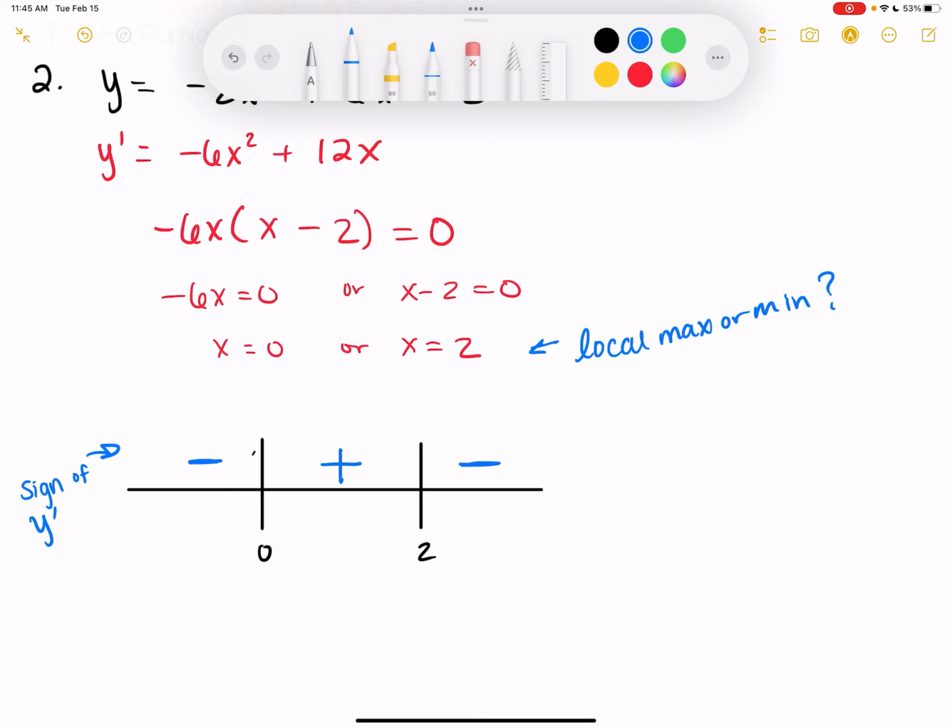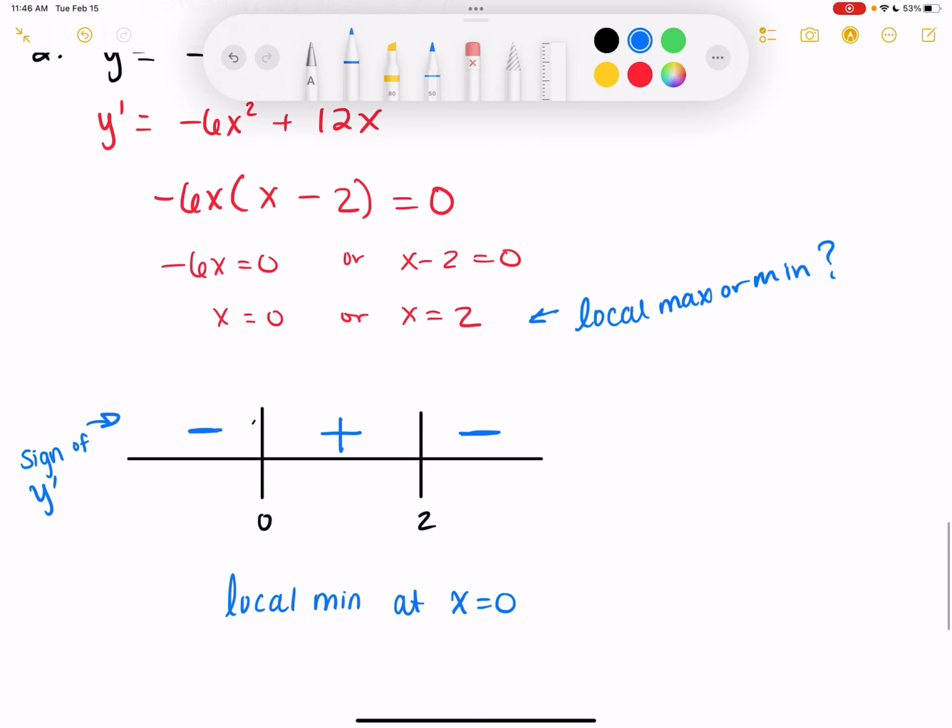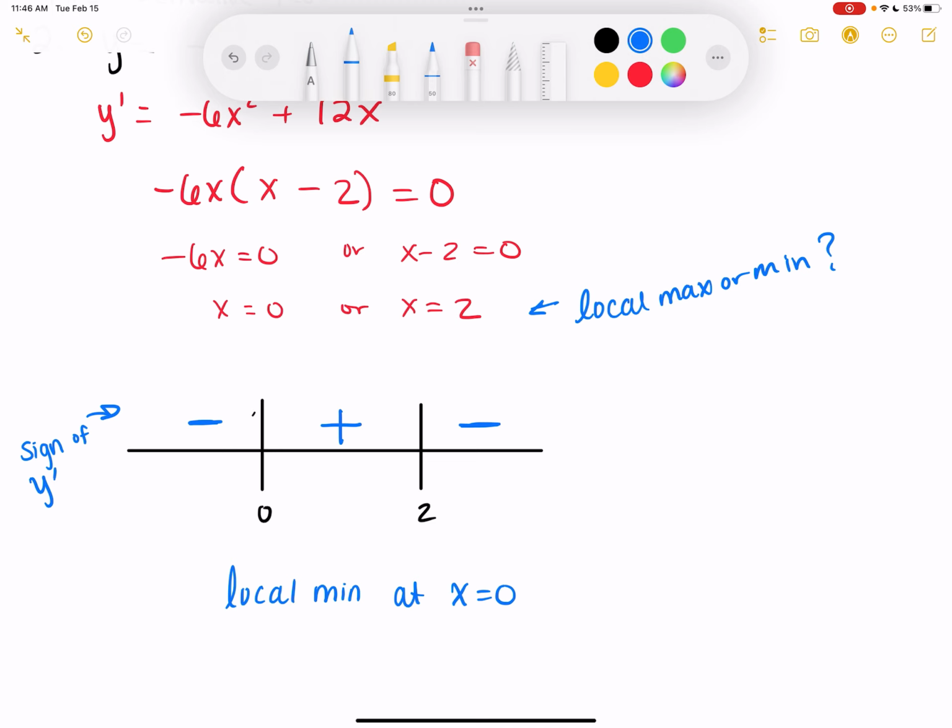Okay, that's a min. So we have a local min at x equals 0. And we're going to leave a little bit of space over here because we're going to look at something else over here in just a second. And then when it goes from positive to negative, we have a max. So a local max